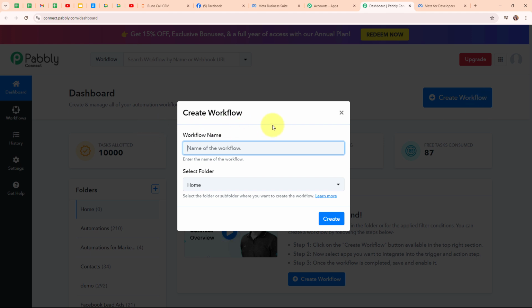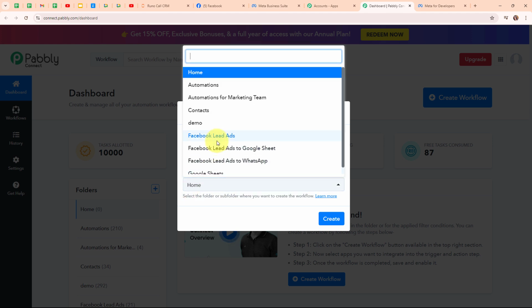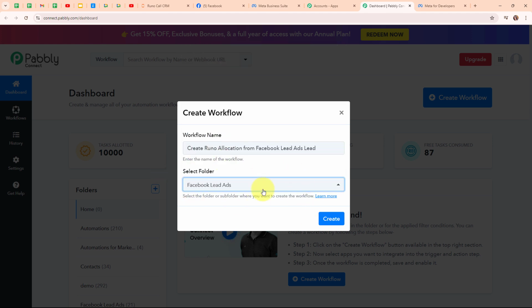Now in this Create Workflow dialog box, I have to give a name to my workflow. So I'm going to give the name as Create Runo Allocation from Facebook Lead Ads Lead. And I'm going to select my folder as Facebook Lead Ads, and you can select your folder as per your need. Also, if you want to learn how to create a new folder in Pabbly Connect, you can click